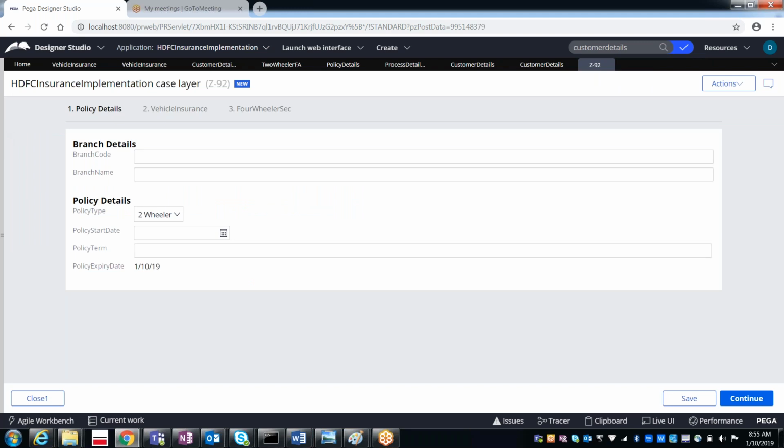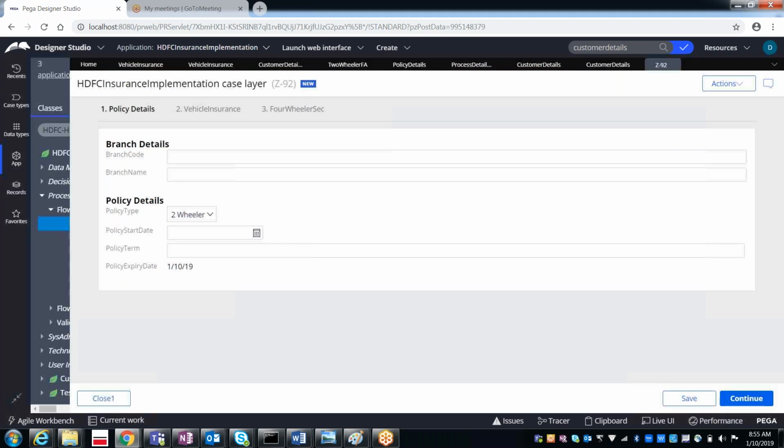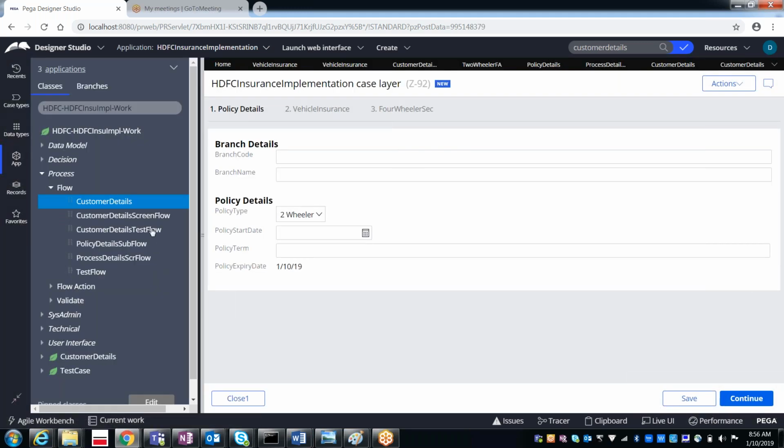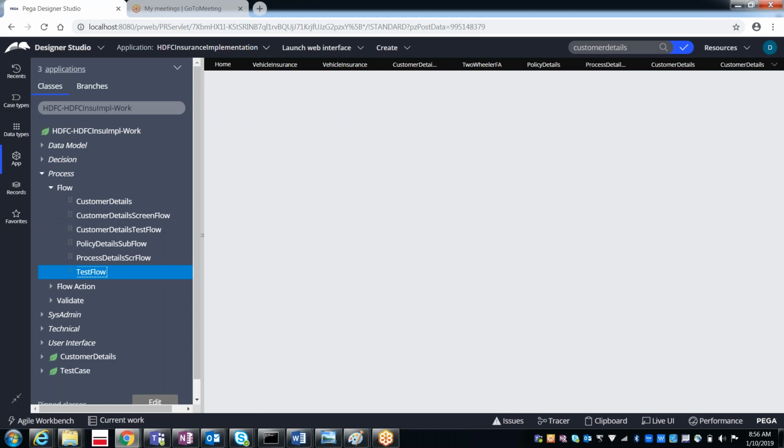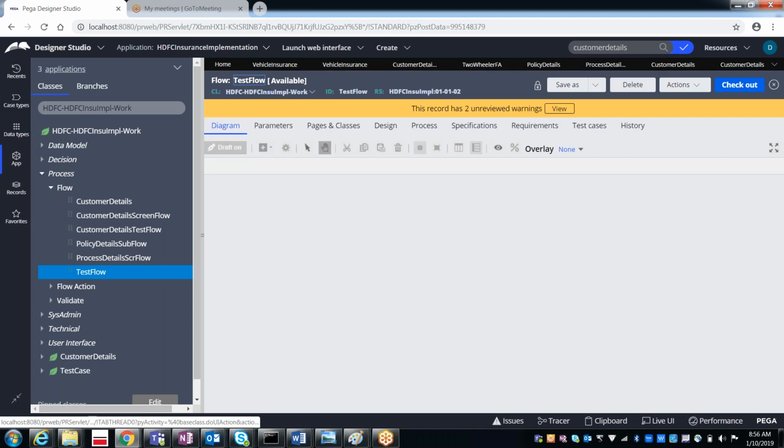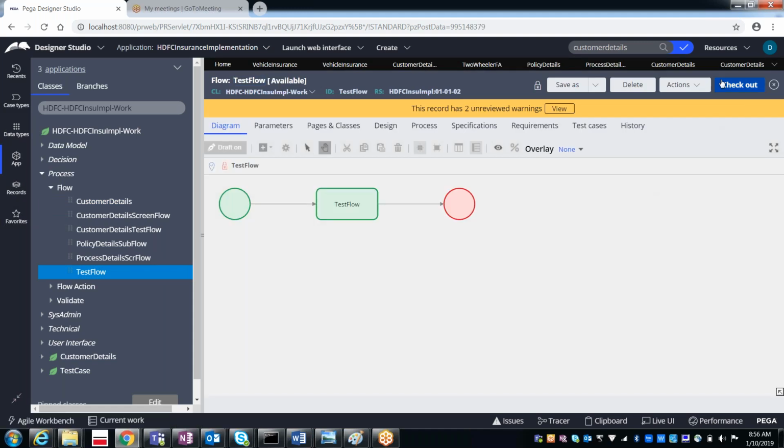Now I just want to have one more flow without the subflow, the screen flow. For example, there is a just test flow, which doesn't have anything.